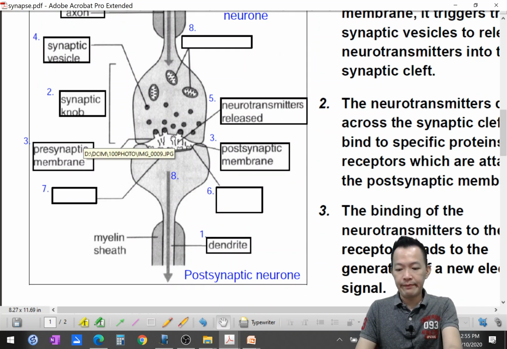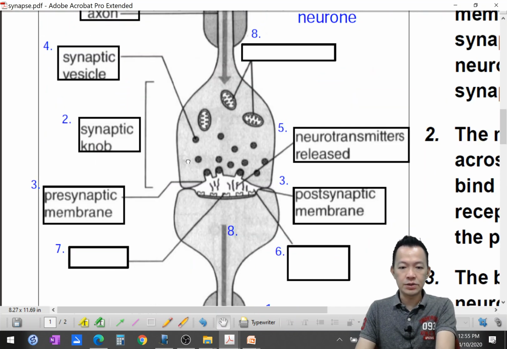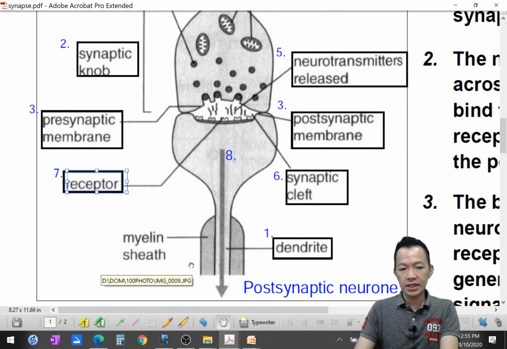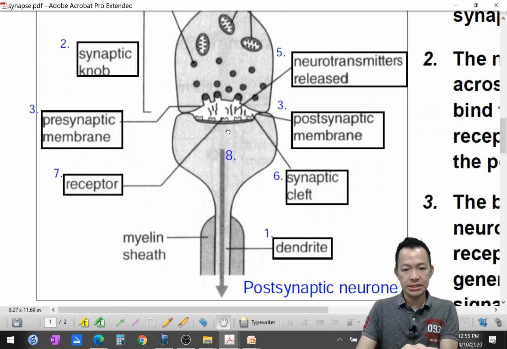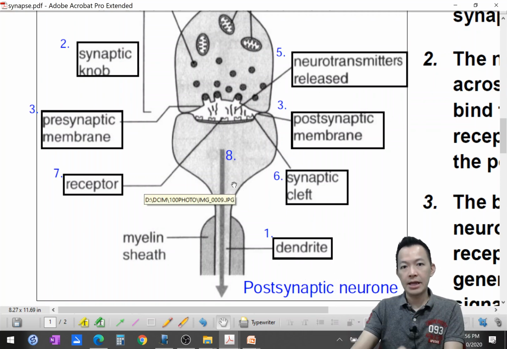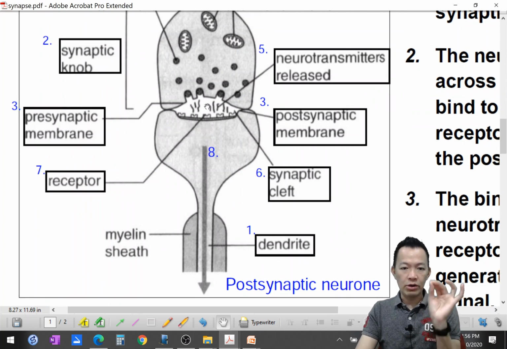The neurotransmitter passes through the synaptic cleft, 它就经过了这个缝. Now it will bind together with a specific receptor, 它就会跟对面很特别的 receptor bind 在一起。If the receptor is not suitable, they're not going to bind, so the impulse will not go to this neuron, 所以它可以控制你可以去哪里罢了。